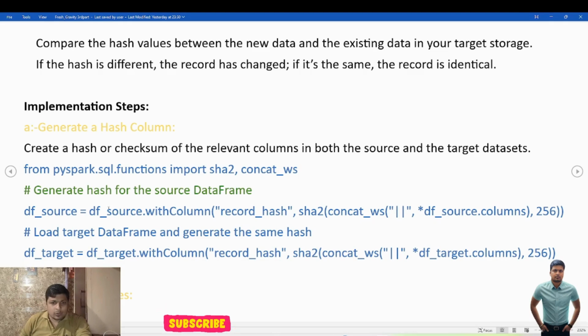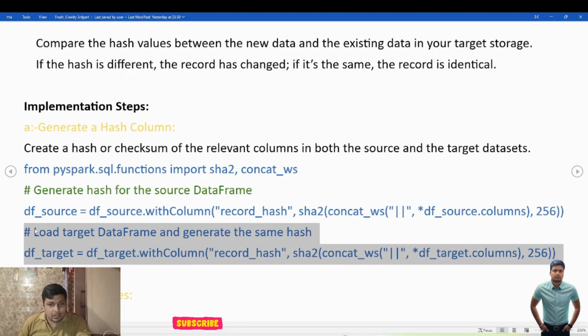This is my df_source, and I am going to read the data. I add one more column in df_source using withColumn. I will name it record_hash, and use SHA2 and concat_ws to create this column. And in the same way I will do it for the